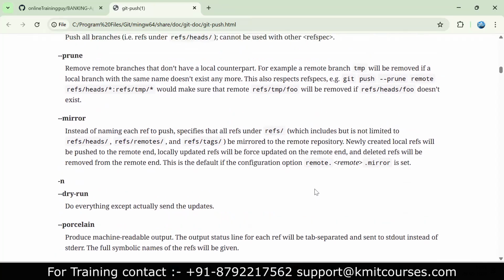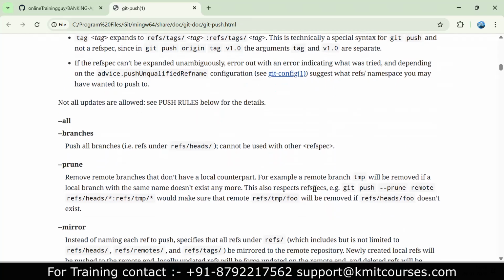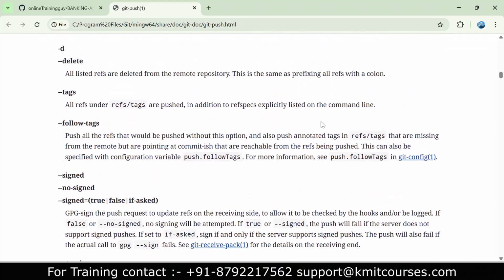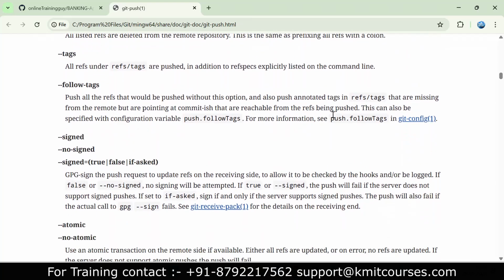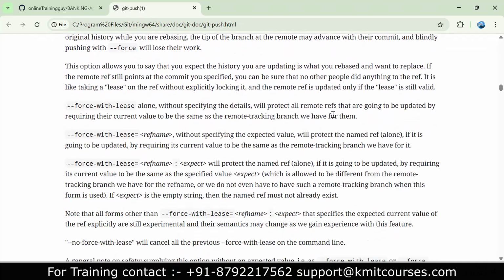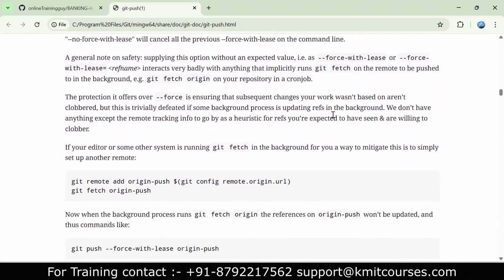If we want to see the tags, only tags we can use, it will push all the tags. But if you want to push a particular tag,